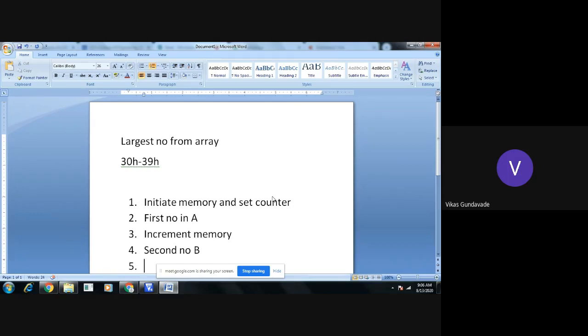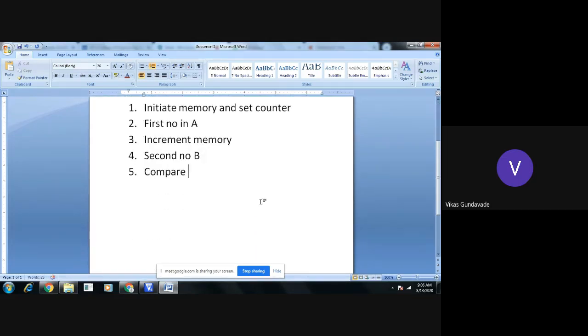Here we need to make two comparisons: one is whether both numbers are equal or not, and the second is whether the accumulator is greater than B or B is greater than the accumulator.